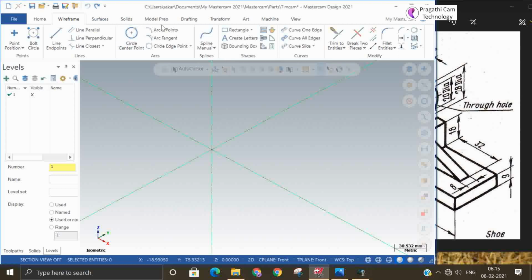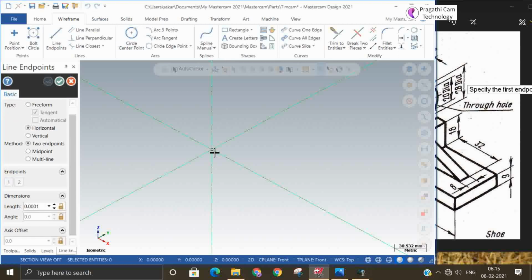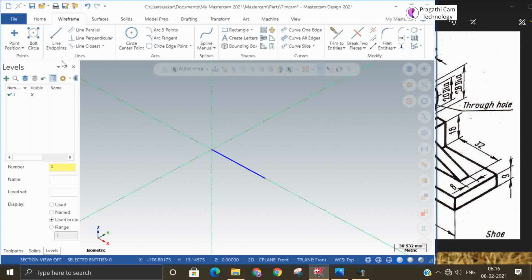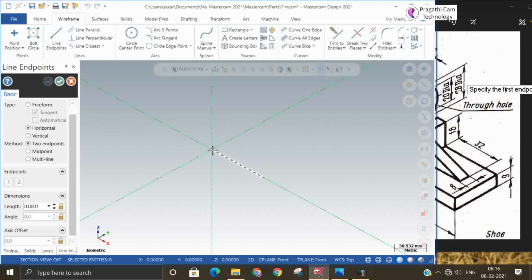Maybe I have not selected the exact center point. 72. From there, a vertical line of 68. So I will go for a vertical line from that end, about 68.